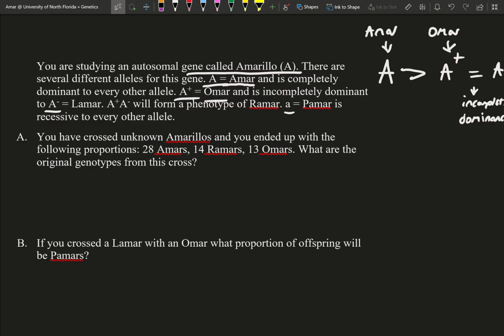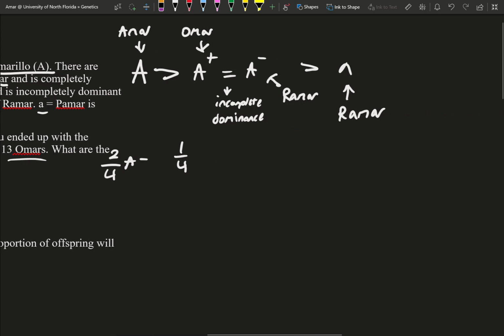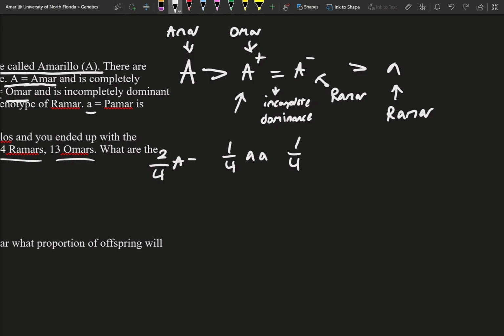It tells you that you have a completely unknown set of Amarillos, and you're trying to get the following proportions of genotypes. You're getting 28 Amars, so you're getting 14 Ramars and 13 Omars. So essentially what you're getting here is a 1 to 2 to 1 ratio. So basically 1/4 of your individuals are big A, whatever, right, for the Amar. 2/4, or excuse me, that was a 2/4, my bad. 1/4 of your individuals are Ramars, which are little a, correct? And then you have another 1/4, which is Omars, which are big A plus,